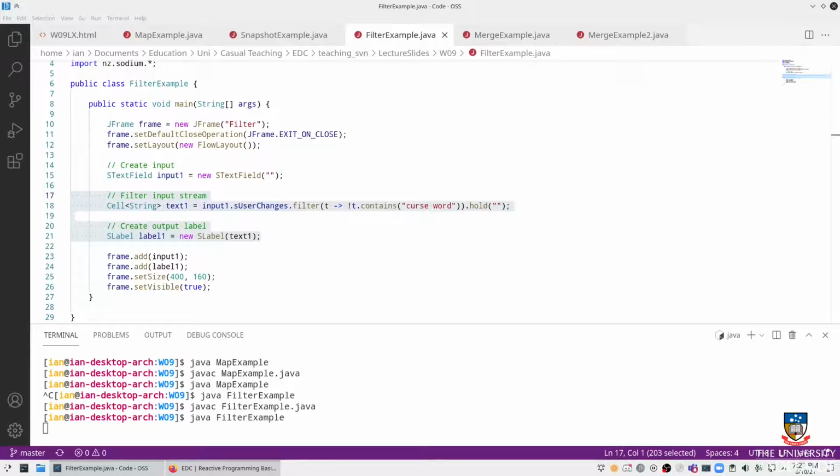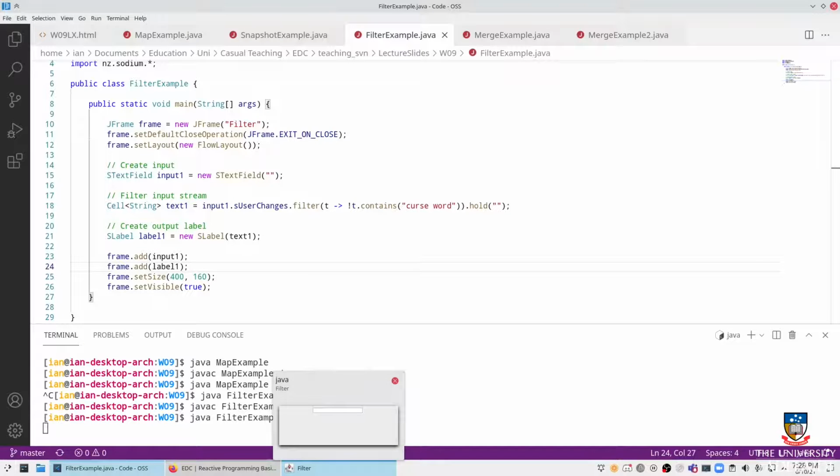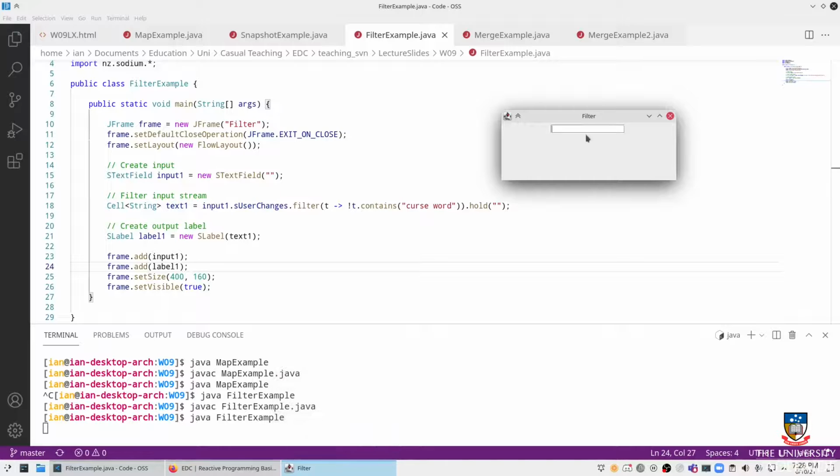Okay, here's our filter example just here. Again, we have another input box, and what this filter example does is if an input contains the curse word, in this case just the text "curse word", then it's not going to propagate that to the output. So let's take a look and see what the difference here is. If I type in